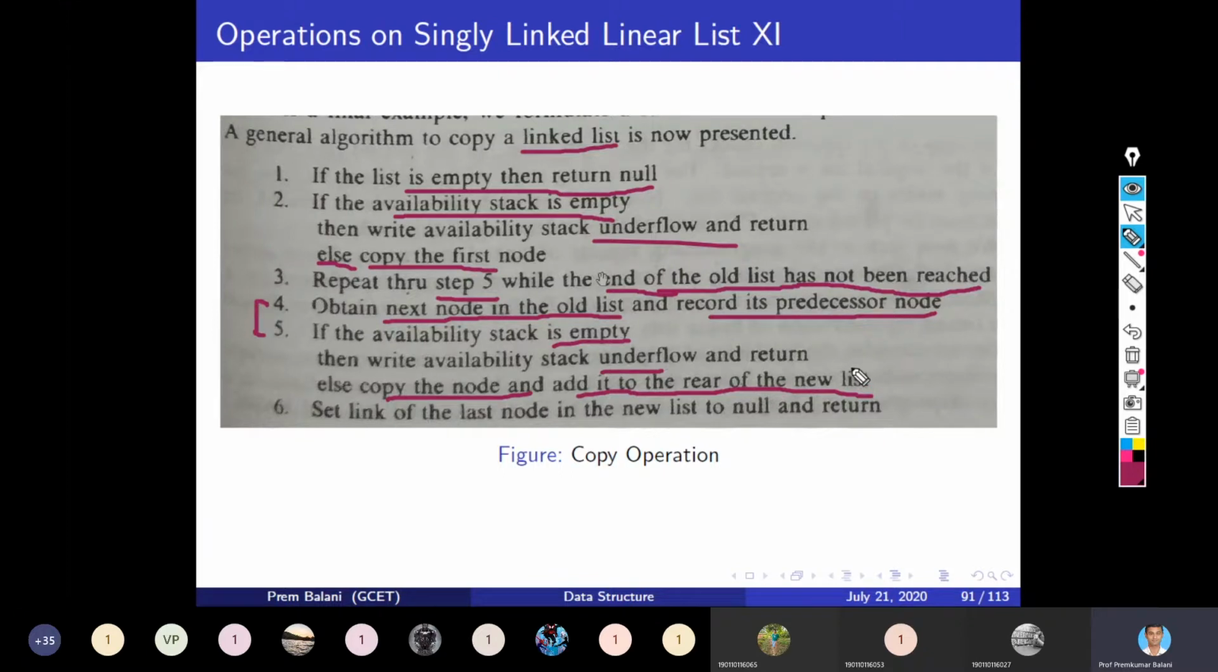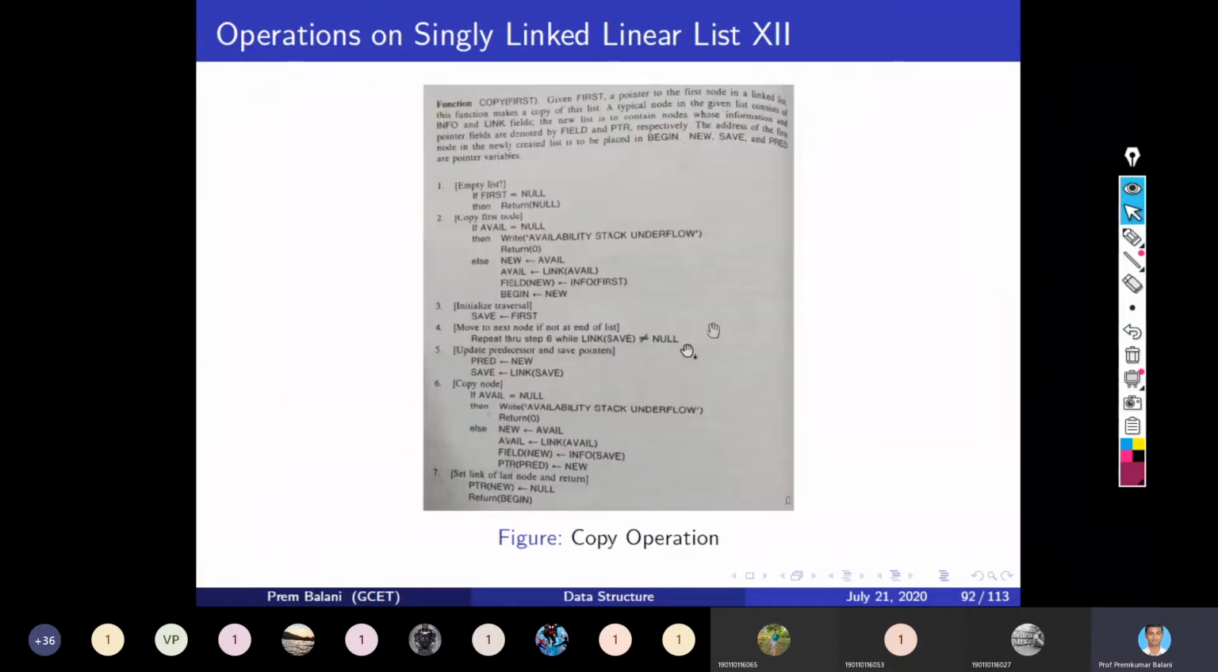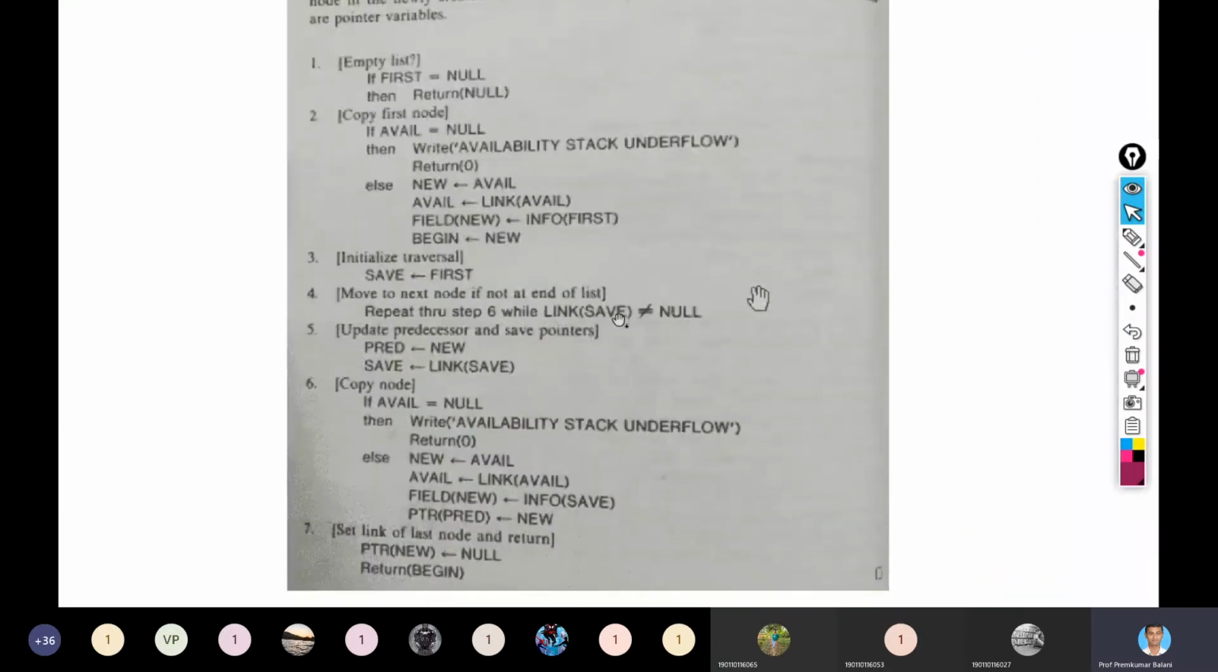So here there are two terminologies used. One is the new list and another is the old list, right? The old list is the list which we want to copy into the new list. So in the new list, you have to copy this old list from the rear, and set the link of the last node in the new list to null and return. So this is a very simple procedure. So let's see the algorithm itself. So this is the algorithm for